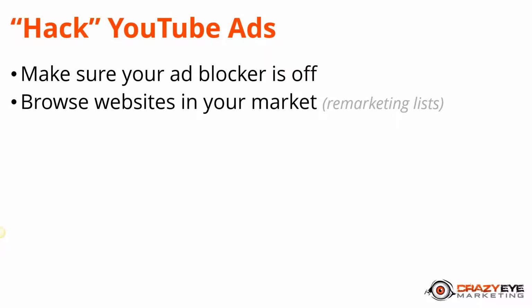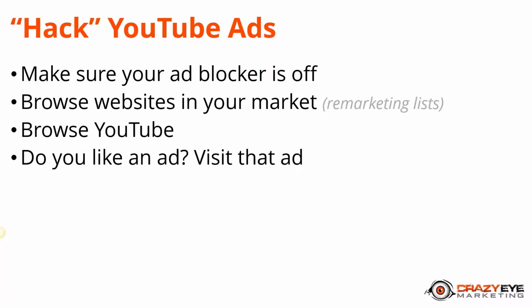There's a bunch of people doing YouTube advertising. So you're going to be on some lists somewhere and you're going to be retargeted with relevant ads from your competitors, probably on YouTube as you're watching YouTube. So that's what the goal is here. Browse the websites so you get on those remarketing lists. And then you want to go over to YouTube and start browsing YouTube. And eventually some ads are going to start popping up as you watch. And then when you see an ad, watch the ad. Don't just skip ahead of it. Decide if you like the ad.